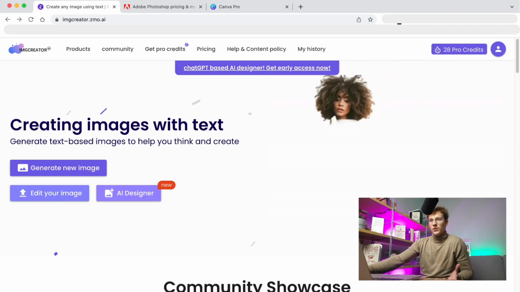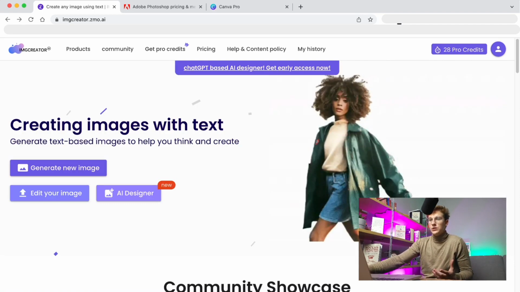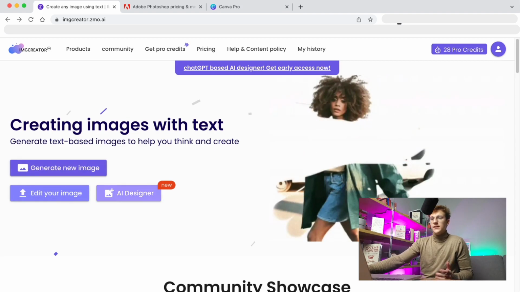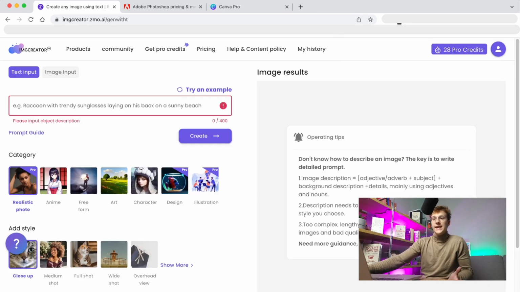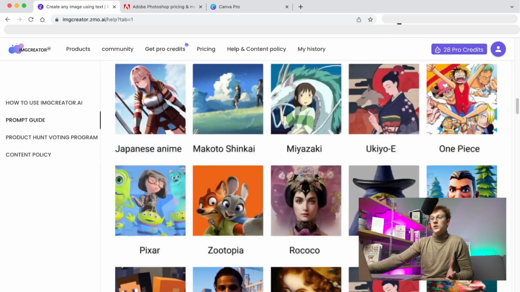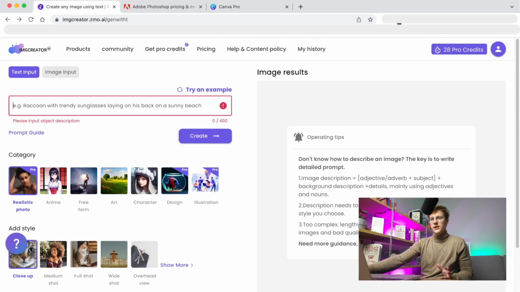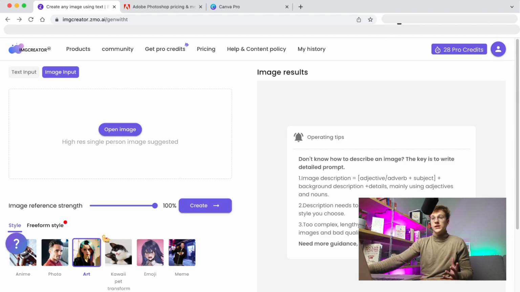Alright, straight from the start we have three options: generate a new image, edit our image, or an AI designer. Let's click on the first button. So just like any AI image generation tool, you can input text and it will create an image. There's also a prompt guide which goes through what you can expect and how you can better use your prompts. However, I'm here for something more unique, so we'll go into image input, and that's where you put in an image,